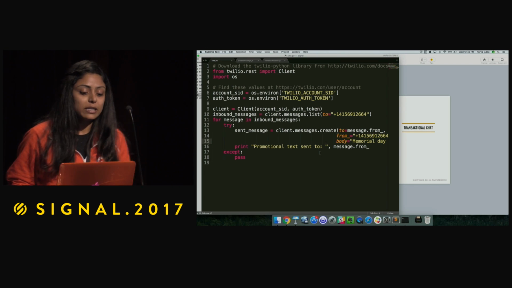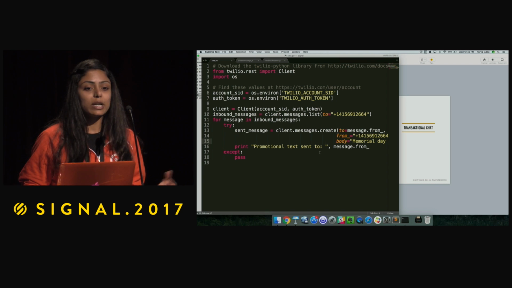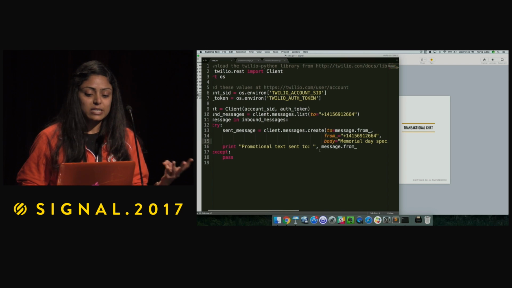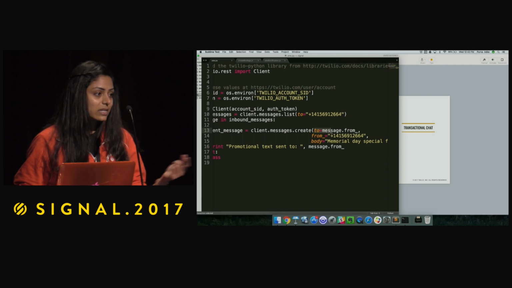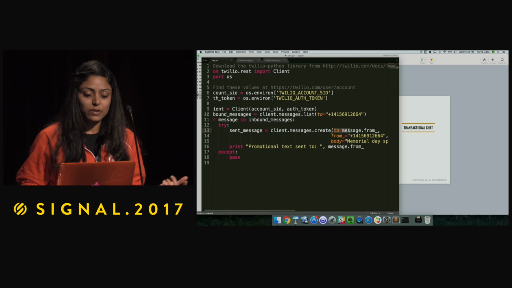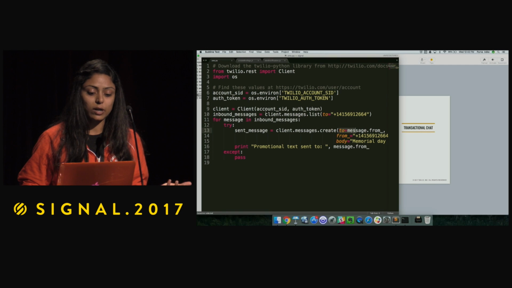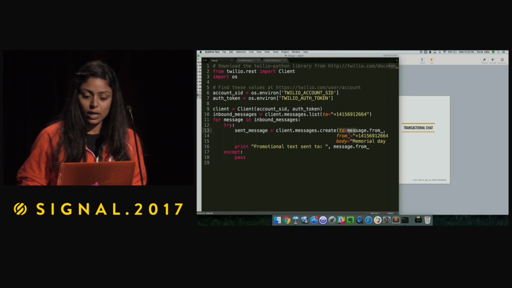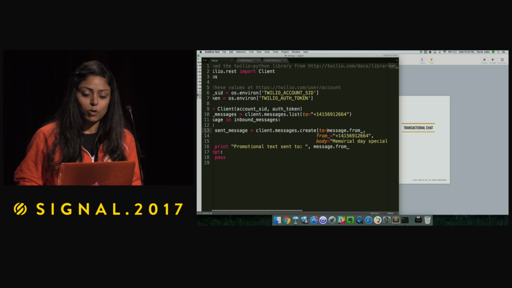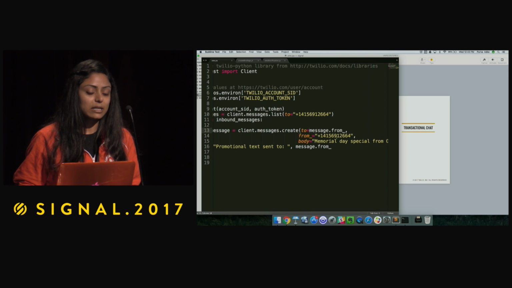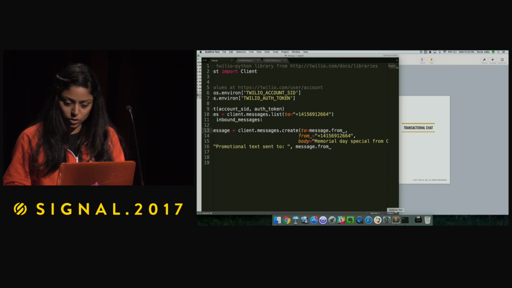There are only 3 things that you really need in order to send an outbound text message. So in case of the Our Bank, let's say we want to send out a marketing text to all of our customers, right? So there's 3 steps to that. The first step really is to configure a to number. And in this case, for those of you who chose to participate in the demo, I've actually run a quick Twilio query to get all of those numbers into the form here. And then the second parameter here is going to be a from number, which is nothing but the hard-coded Twilio phone number that I can easily go and buy from your console. And obviously, the body of the message is going to be your marketing text message, right? So let's run this code real quick.